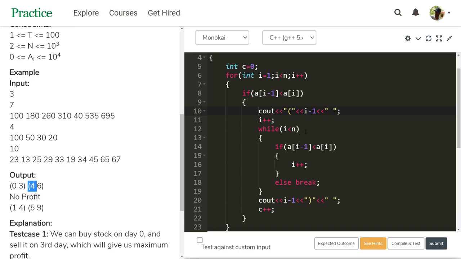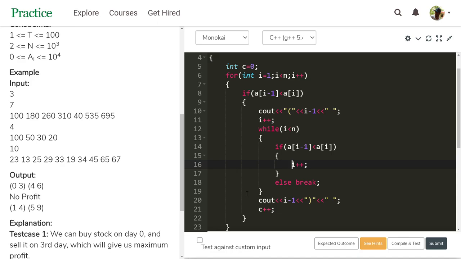While 6 less than 7, it is true. Check this: A of i minus 1 less than A of i. 535 is less than 695. It is true. Then i increments. The i value is 7 now. 7 less than 7 is false.